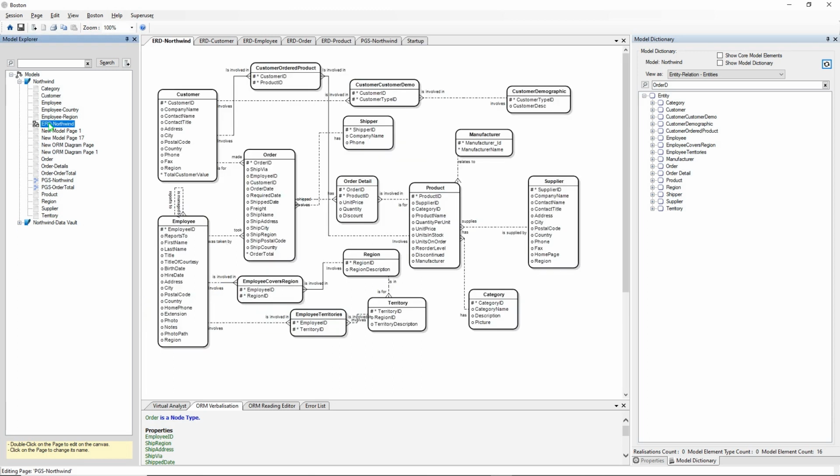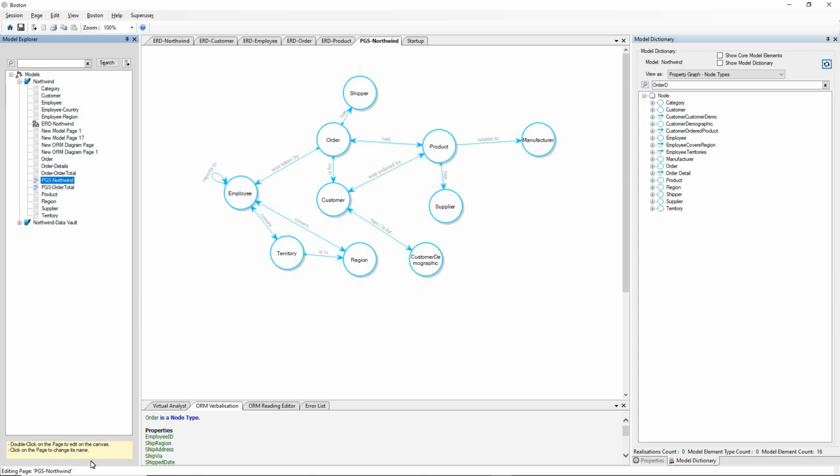So people familiar with Northwind recognise it being originally released as a relational database, but people are now starting to use the Northwind schema in graph databases as well, and where Boston lets you visualize your database as a multi-model database, as either a graph database or a relational database. It's easier to picture the schema when we look at the Property Graph Schema,